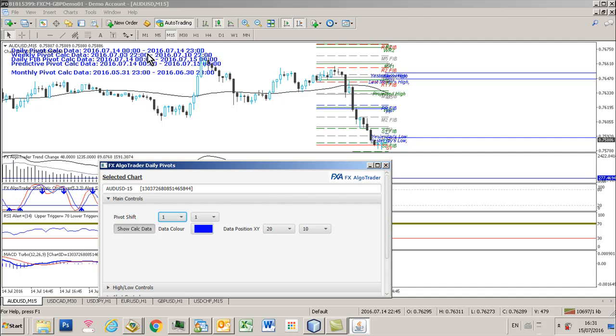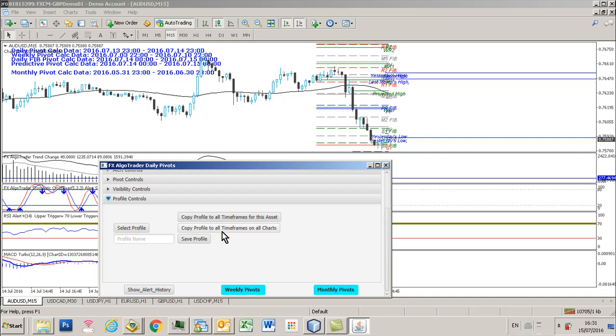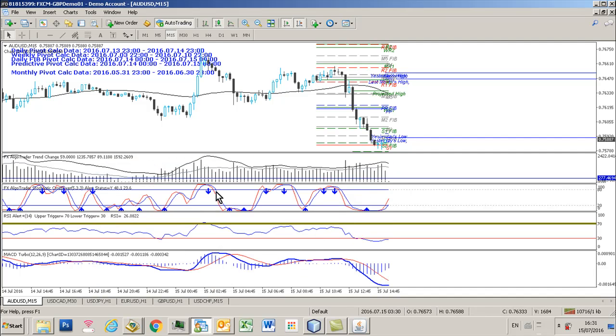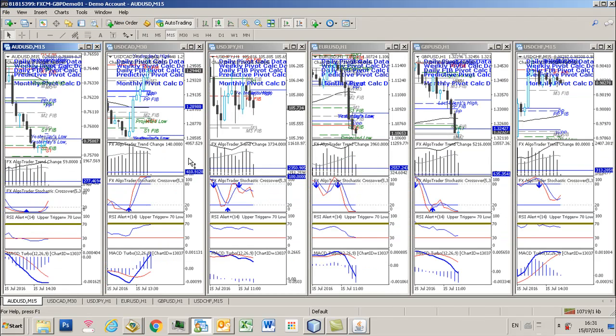So now our calculation base is being retarded from 2300 hours through to 2300 hours in that time frame. And now if I go to profile controls and then copy profile to all timeframes and all charts, wait for 5 seconds, and that will then deselect. And then if I now tile all the windows vertically and just go into